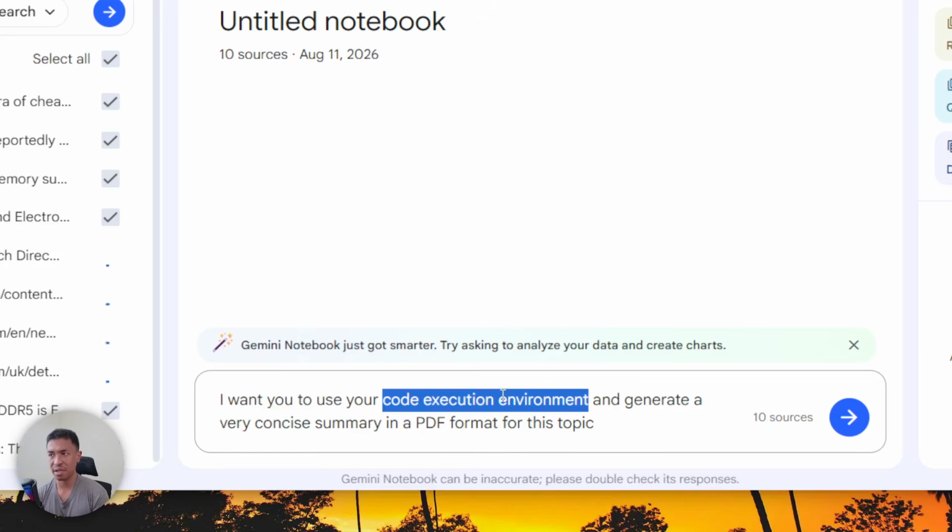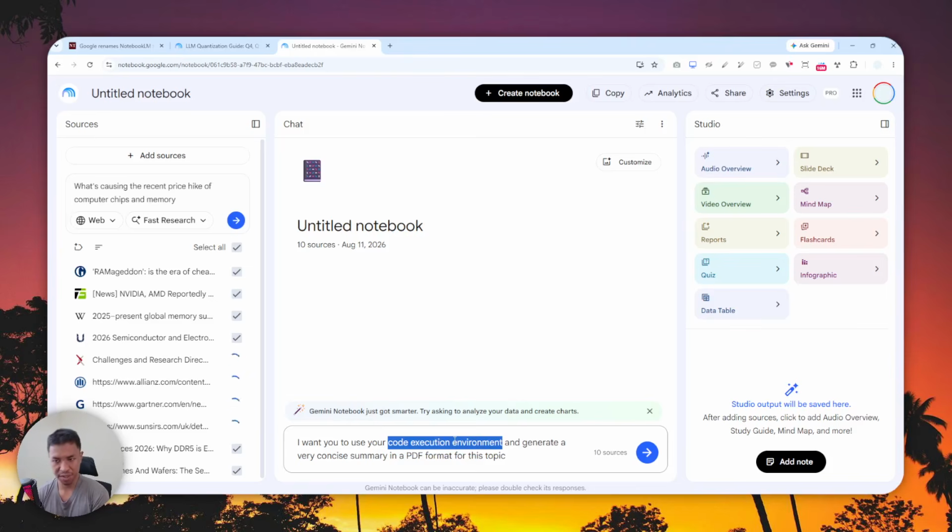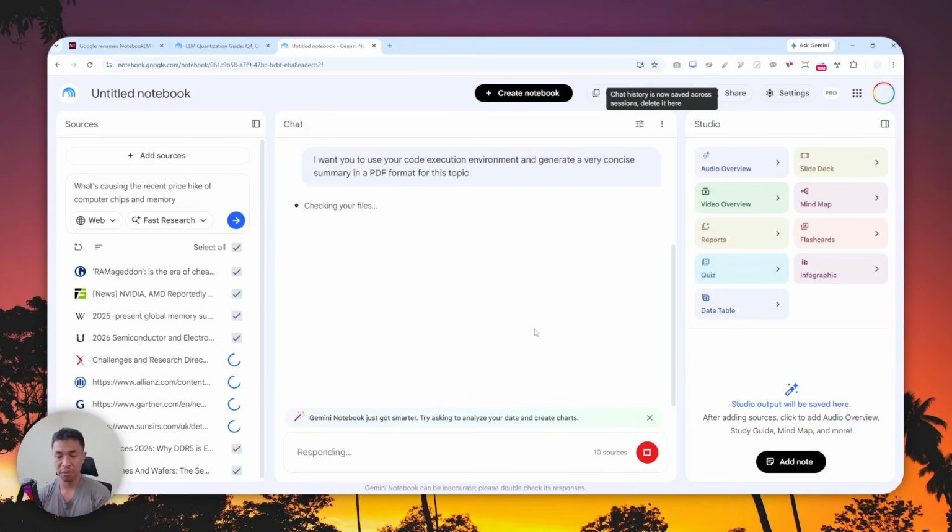Usually if you are telling AI to create something, it's able to think deep enough to decide that, hey, this particular request might require a code execution environment. It needs Python. It needs to use some libraries out there to actually do the job, and it will automatically use that feature. Now, I'll just send the message and wait for the result. Sometimes it might ask you for a confirmation or approval. It's going to give you the general overview, but then it's going to ask you again, can I proceed? If you say so, then you can just tell AI that yes, you approve it,